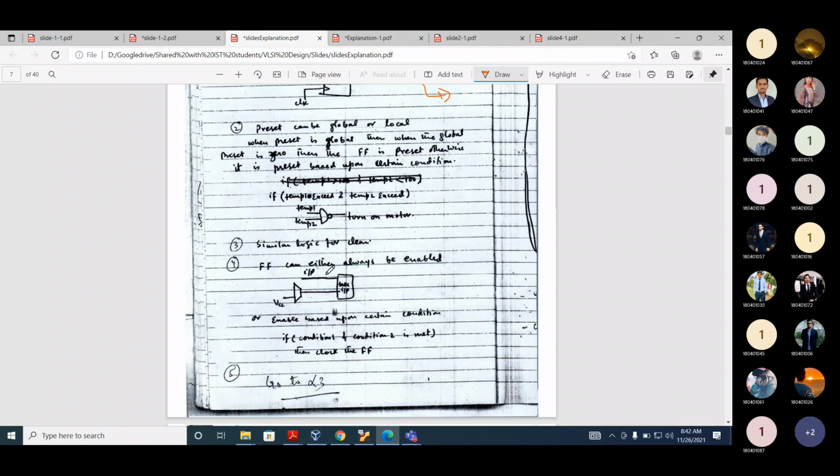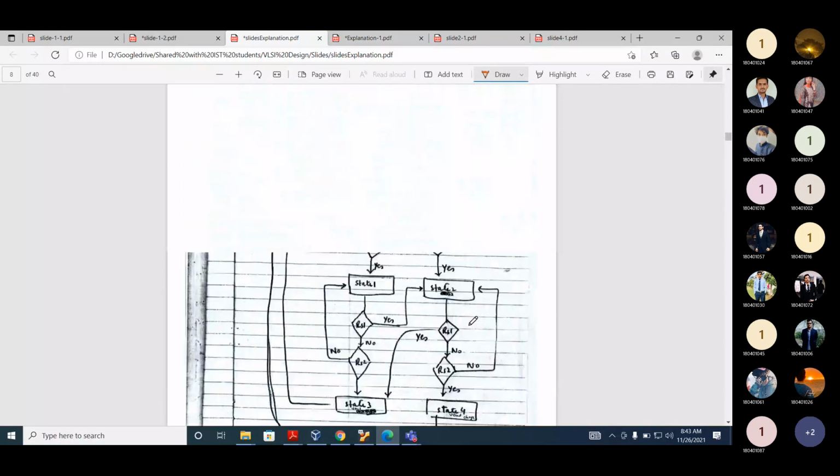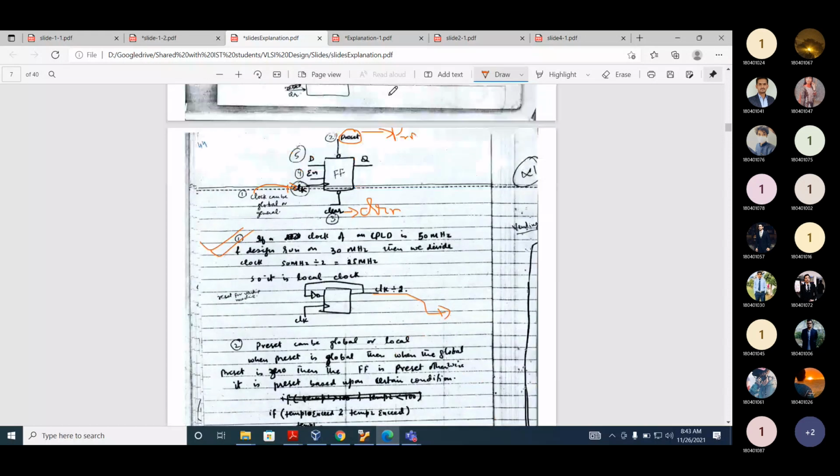The flip-flop can either be enabled or disabled. When enable is 1, what does it imply? It will always be enabled. Let's assume when enable is equal to K and J, what does it imply? Enable is depending on the signals K and J, and where will K and J come from? From the product term select. Okay?